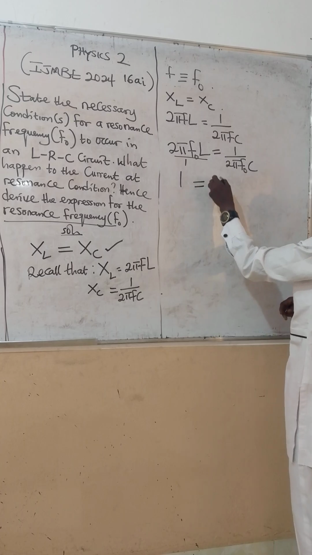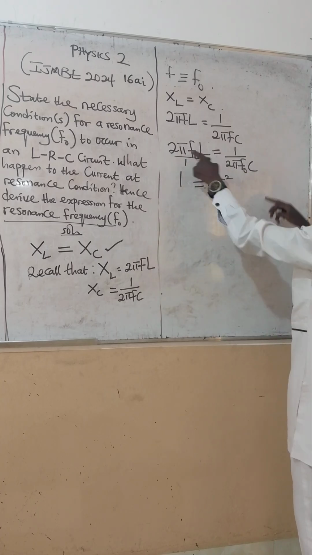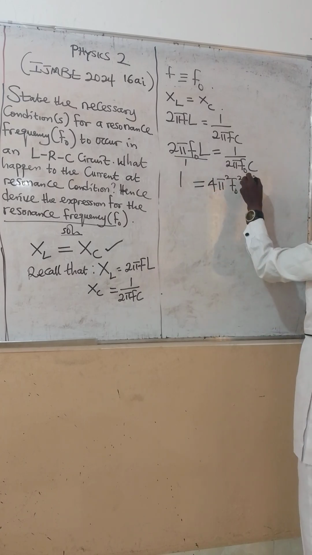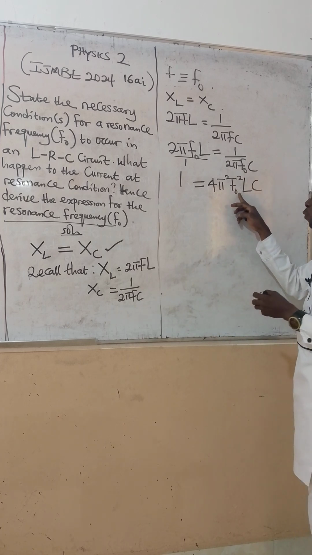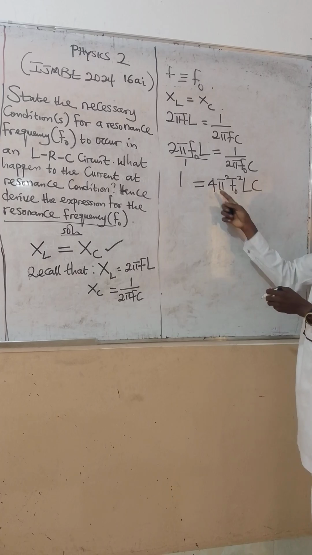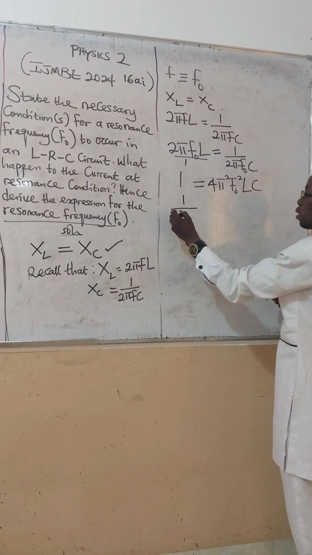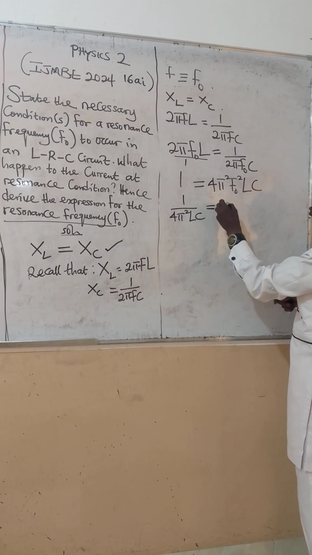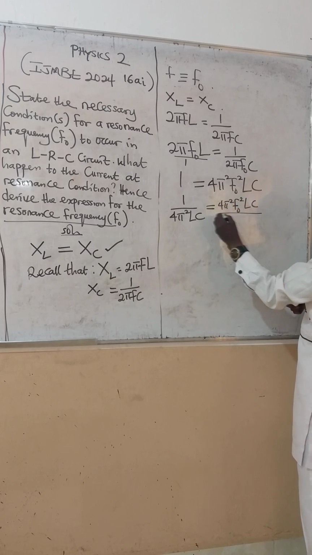2 times 2 here will give 4. Pi multiplied by pi, pi squared. Then you have F naught multiplied by F naught, squared. Then you have L times C, LC. All we're asked to look for is the resonant frequency, which is F naught. So try to make F naught the subject of the formula by dividing both sides by 4 pi squared LC. So you have 1 over 4 pi squared LC equals 4 pi squared F naught squared LC over